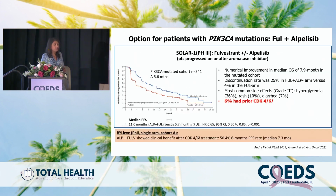And then more recently in 2019, alpelisib was approved. This is for patients that have a PIK3CA mutation based on the SOLAR-1 trial, where we saw an improvement that is 11 months with alpelisib-fulvestrant versus 5.7 months with fulvestrant. Remember, about 40% of patients have, or tumors harbor, a PIK3CA mutation. It's interesting that in clinic we don't really see PFS that's on the order of what we saw in SOLAR-1, because